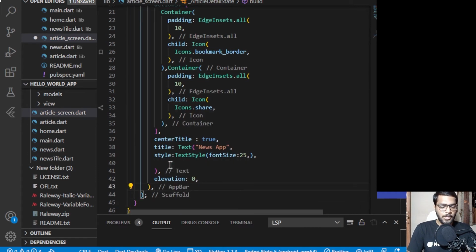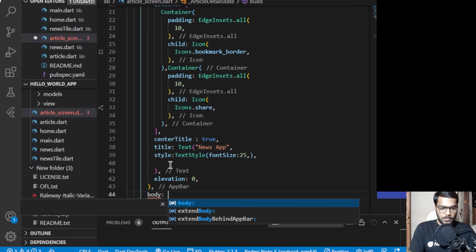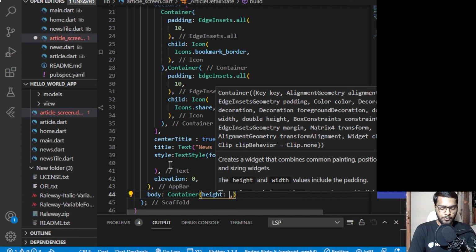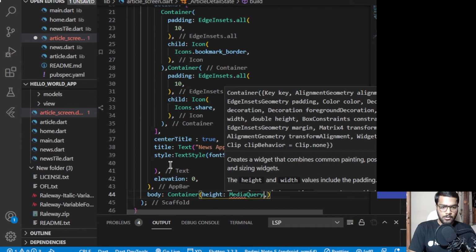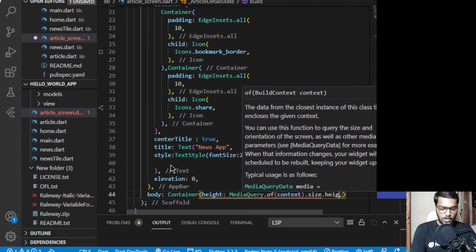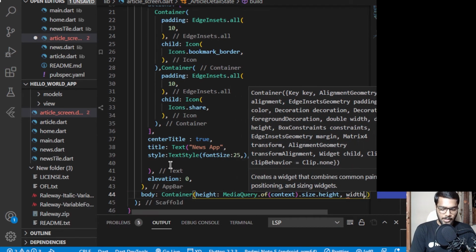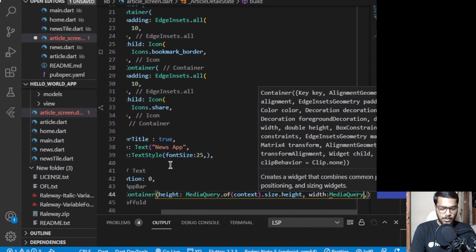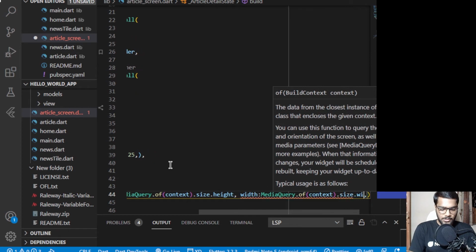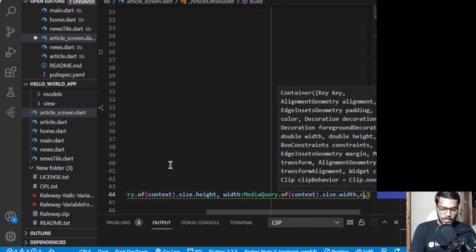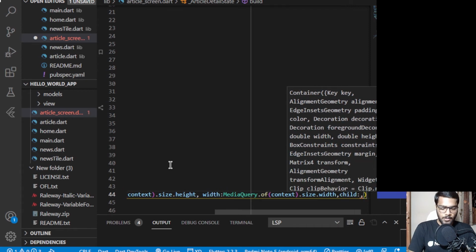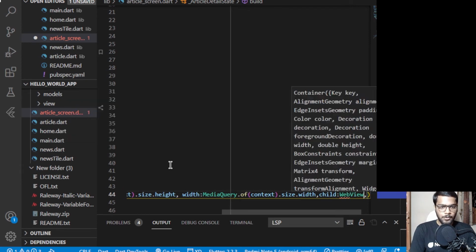And now coming towards the body part, which will be having a container at first with the height and width set to full, like MediaQuery.of(context).size.height. Similar case with the width. So MediaQuery.of(context).size.width. And for the child I'll be passing here a WebView. So WebView,